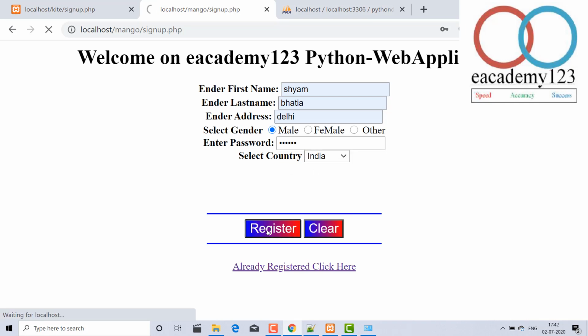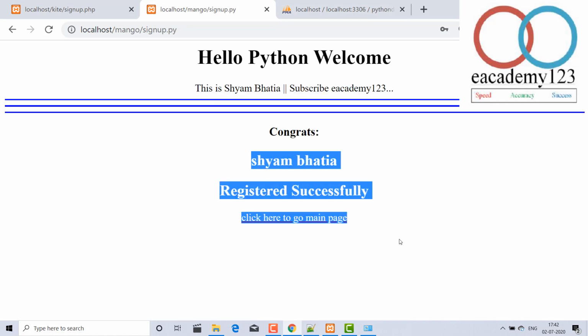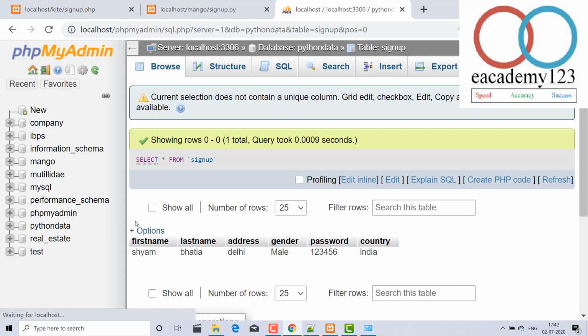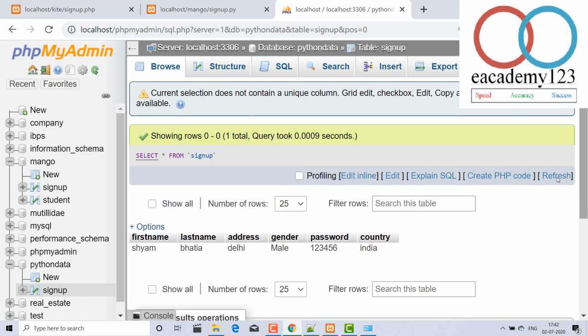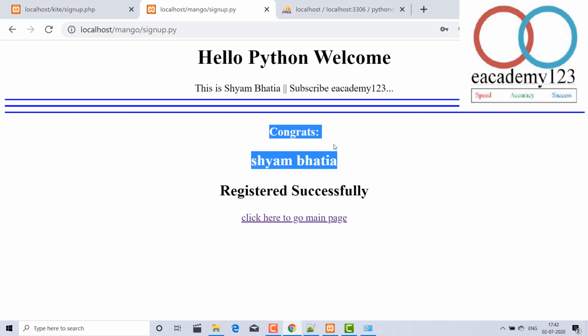And if you make the registration, yes, Sham Bhatia has been successfully registered. If you go there and refresh, yes, Sham Bhatia, Delhi, mail and password 12345, and country. So the table is working, insertion is working.